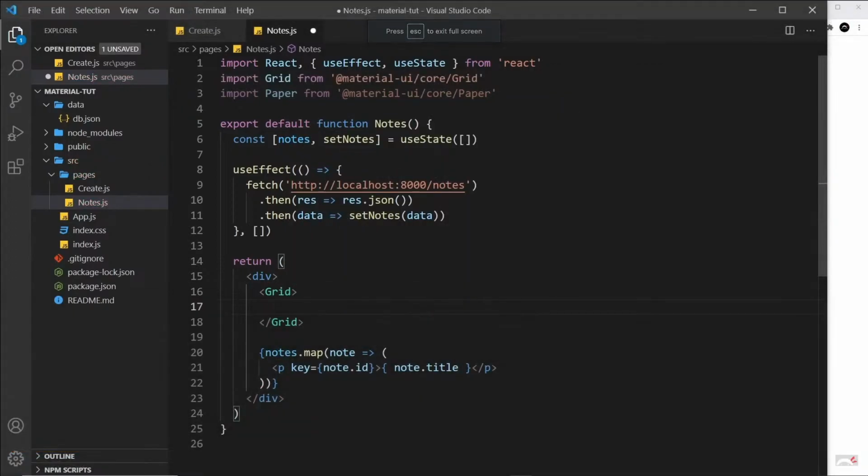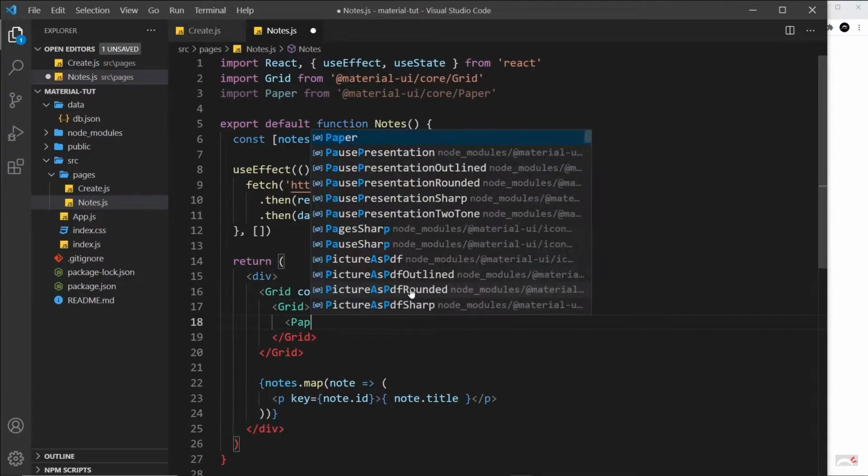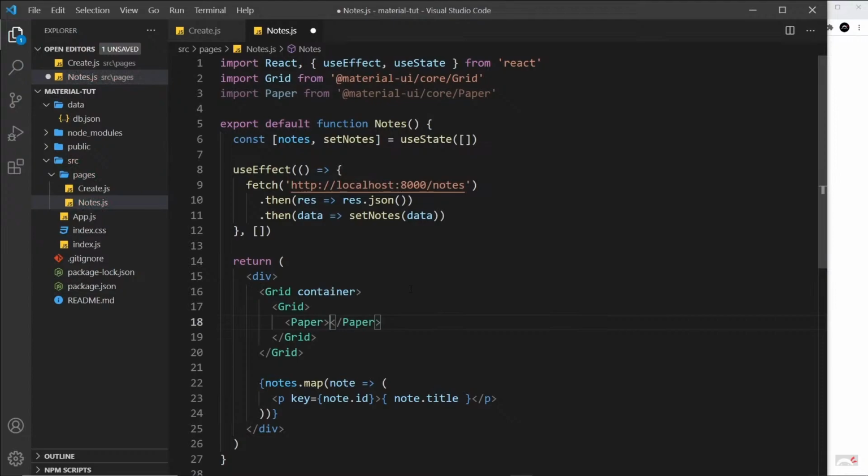Now, that is just the grid component, but we pass in a prop called container, and that tells Material UI that this is the container. And now inside here we can place grid items. So let's do that. I'm going to say grid like so, the same components. This should be grid, not gird. So grid, and then inside here we're just going to output the paper component like so, and we'll output a number